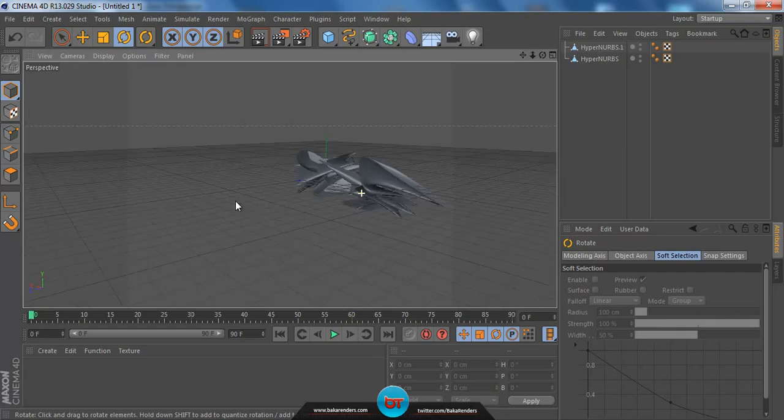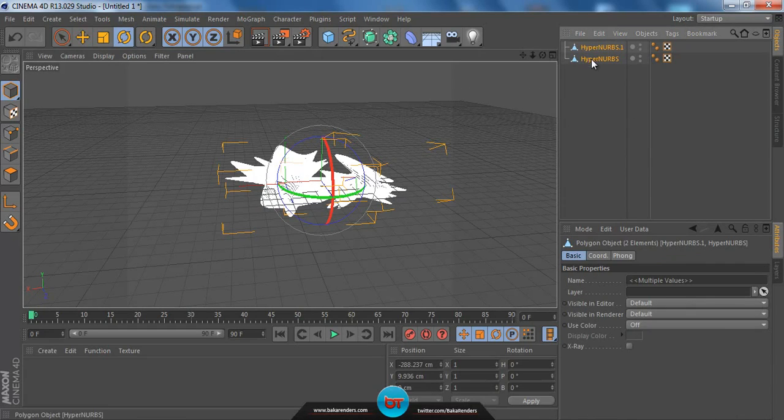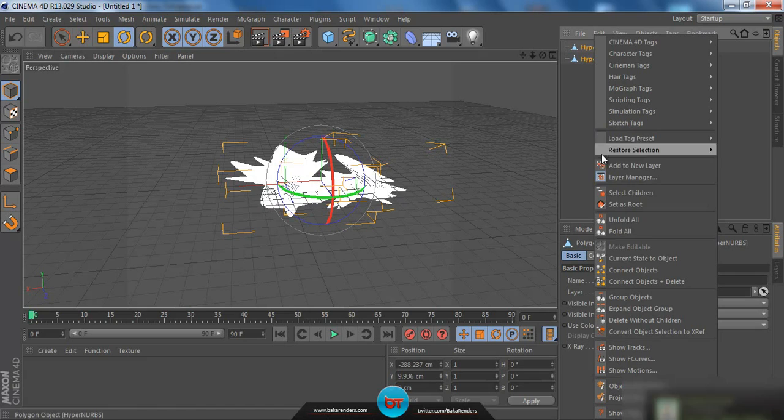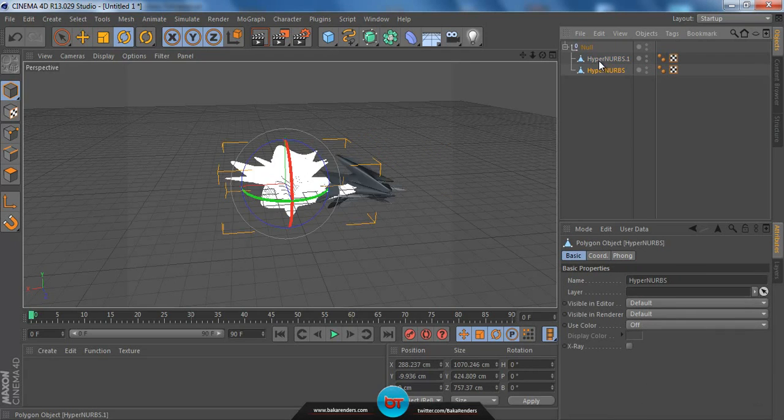We have two together and they look nice. Now we can actually group these. So we're gonna select them, right click, and go to Group Objects. And now if I click on the plus here, you will see that it made a group with the hypernerves,